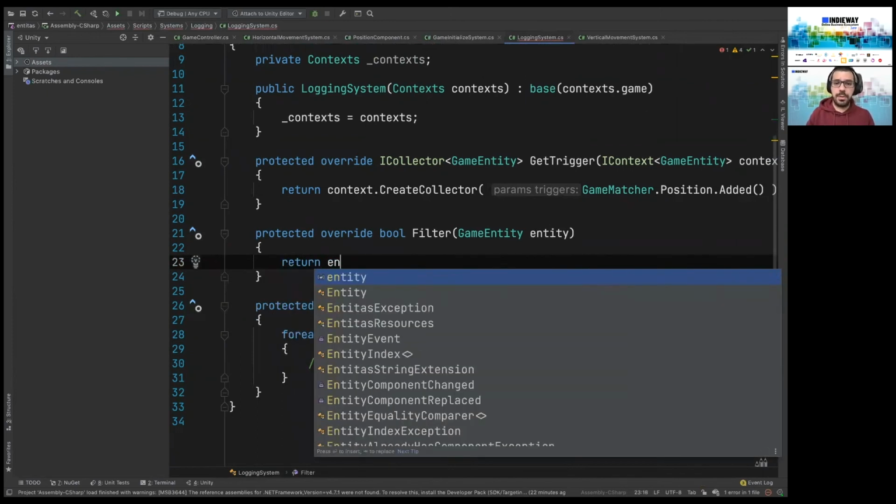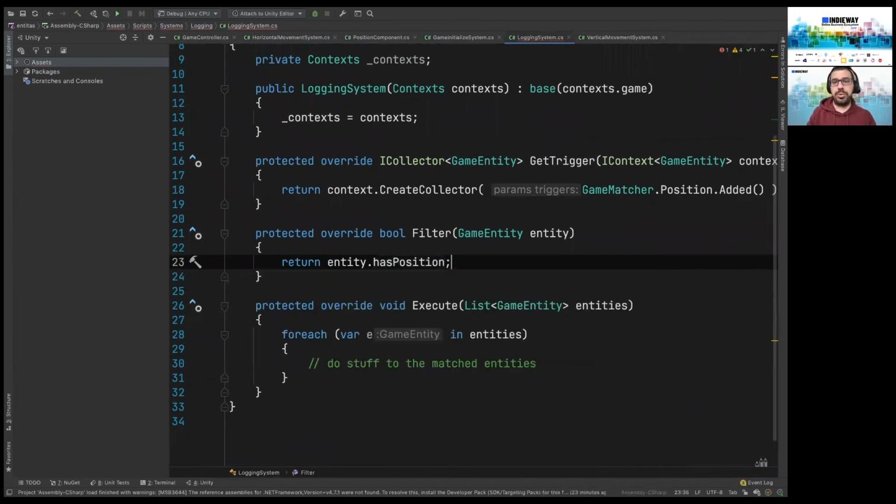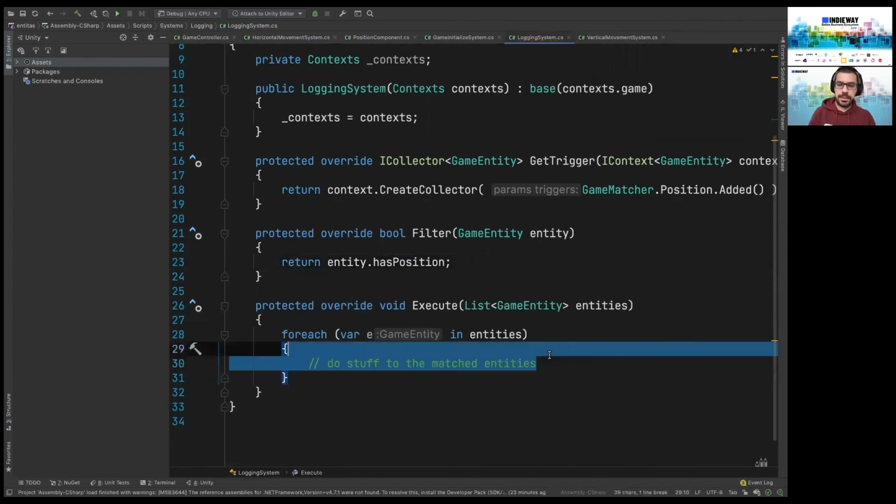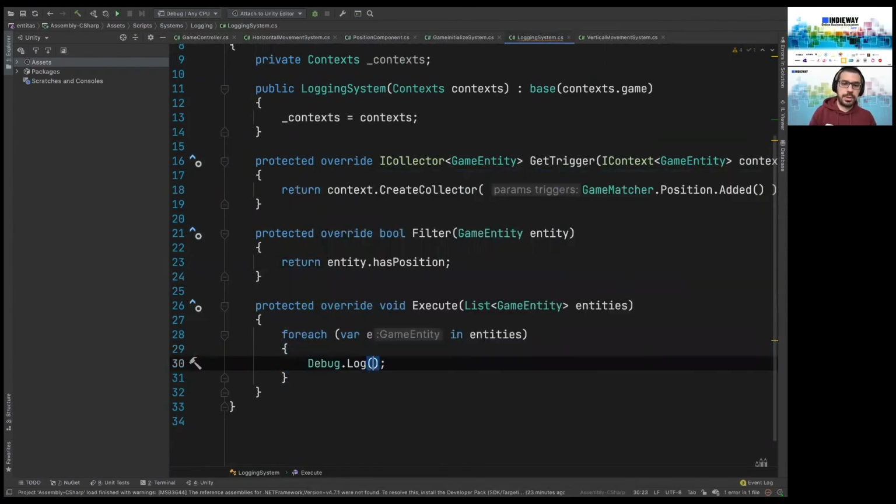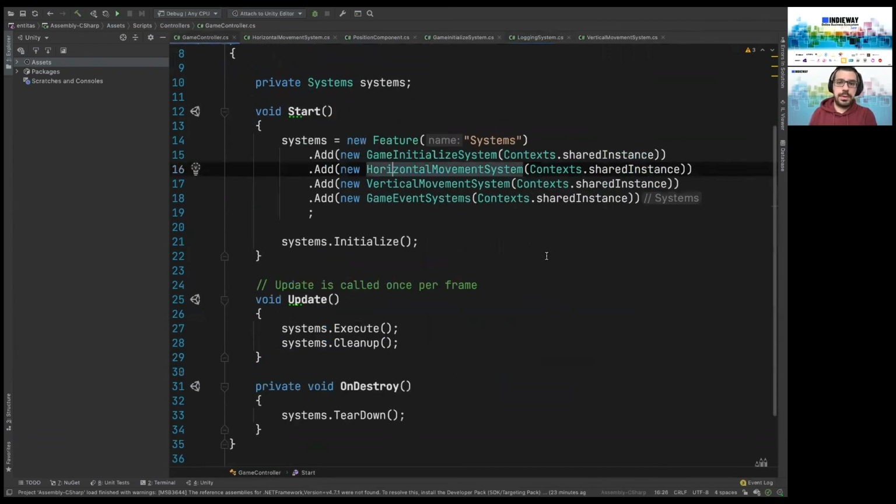Okay, I say, let this position be on that entity. I mean, just give me the entities which have got position on them. Debug log position. When I write the position, I am sure that I don't have to do a null check here, and I don't have to check whether it has got a component here or not.